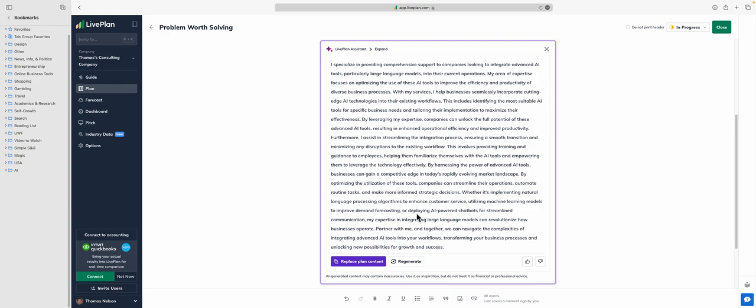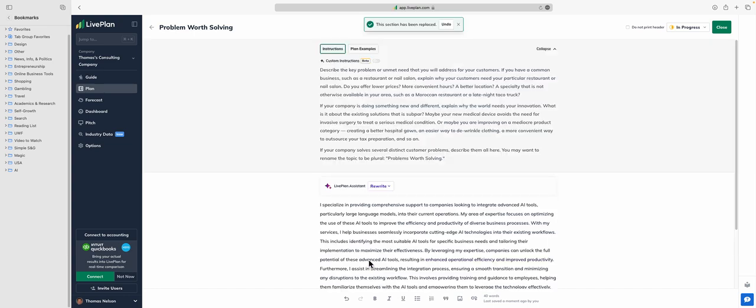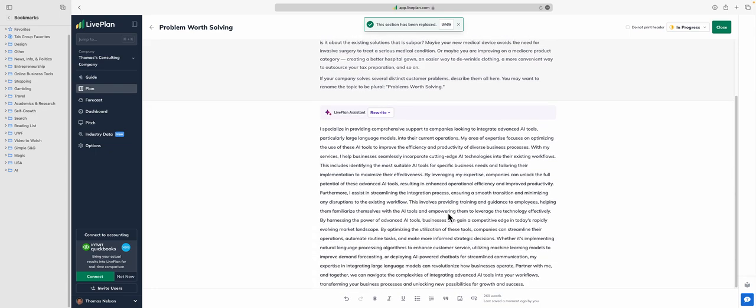Okay, so this part right here, I don't actually do this at this time, and I don't really do this at this time. I have partners that help with that, and I definitely don't write chat bots. So we're going to pull that out. Oh, we can't do that here. We have to replace the plan content first, and then we go in here, and where was that? So we're going to pull this part out